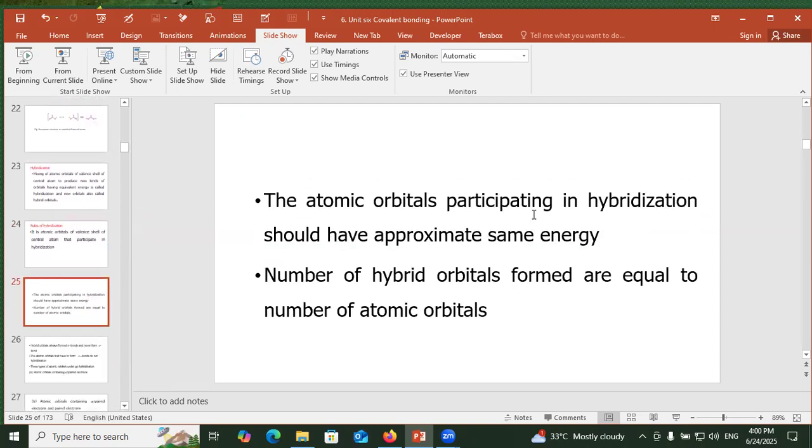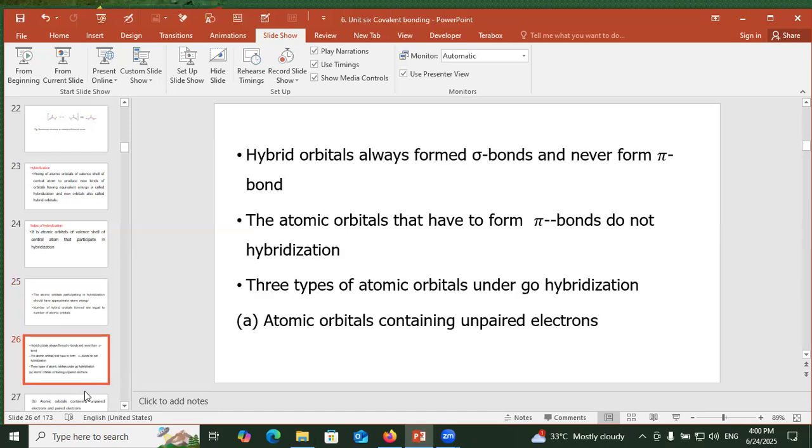The atomic orbitals participating in hybridization should have approximately the same energy. Number of hybrid orbitals formed is equal to number of atomic orbitals. Hybrid orbitals always form sigma bonds and never form pi bonds. The atomic orbitals that have to form pi bonds